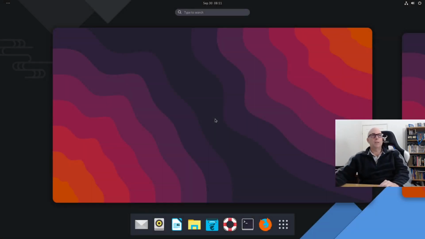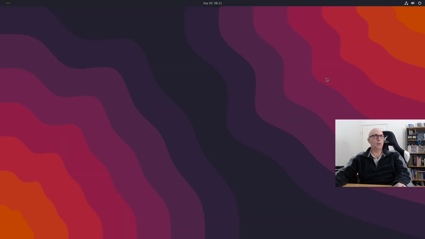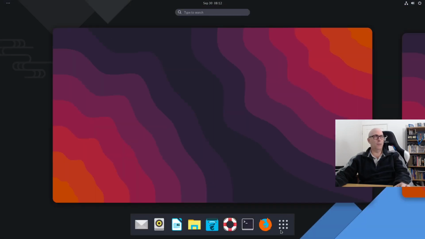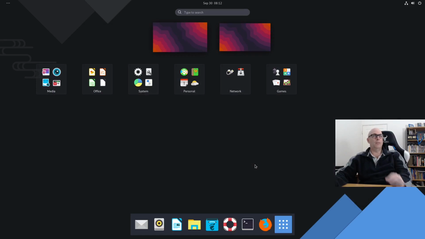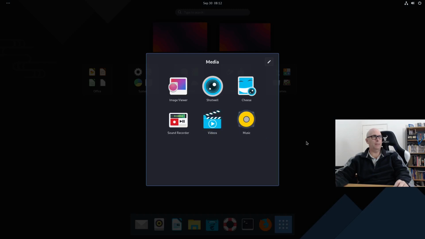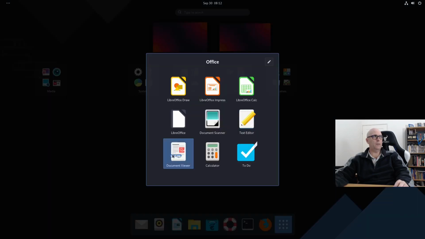Now I've been messing around with this a little bit, just added my Damas icons in there, plus I think I added Quokka Dark as well. Yes, I did. Now what I've done here is, if we go to here, this out of the box GNOME 40 has just got applications spread all over the place. So what I decided to do is make my own categories. So I've got media, office,